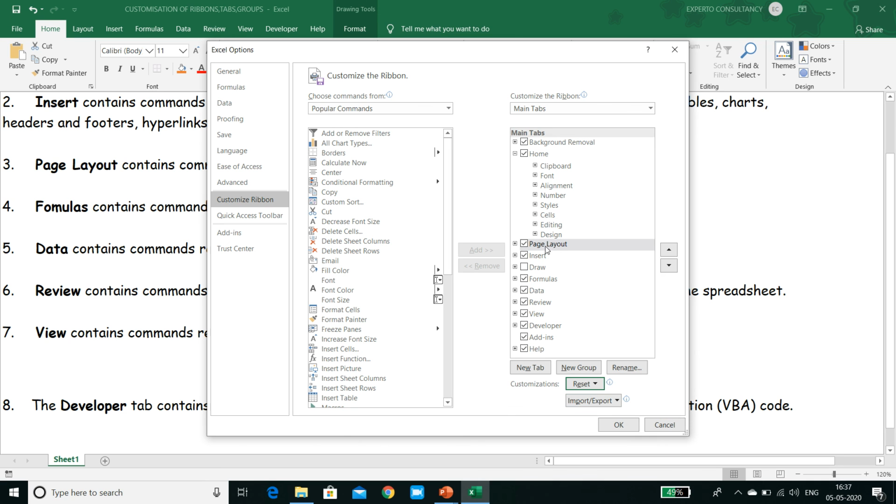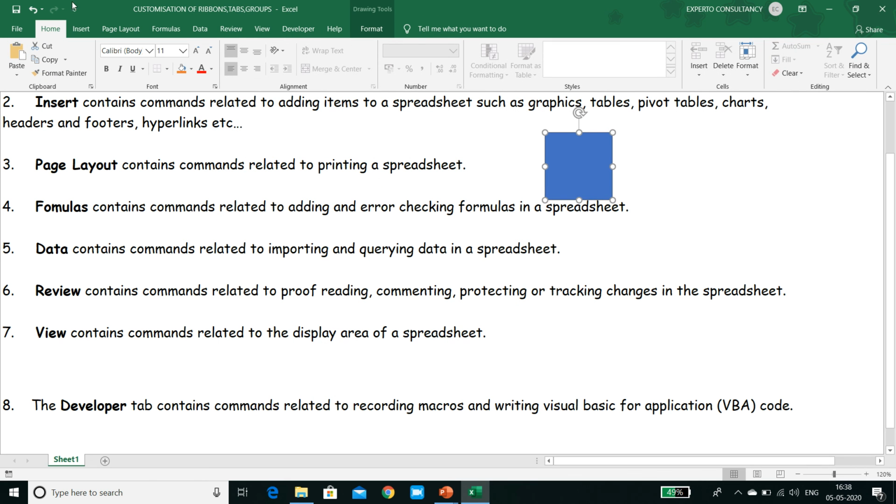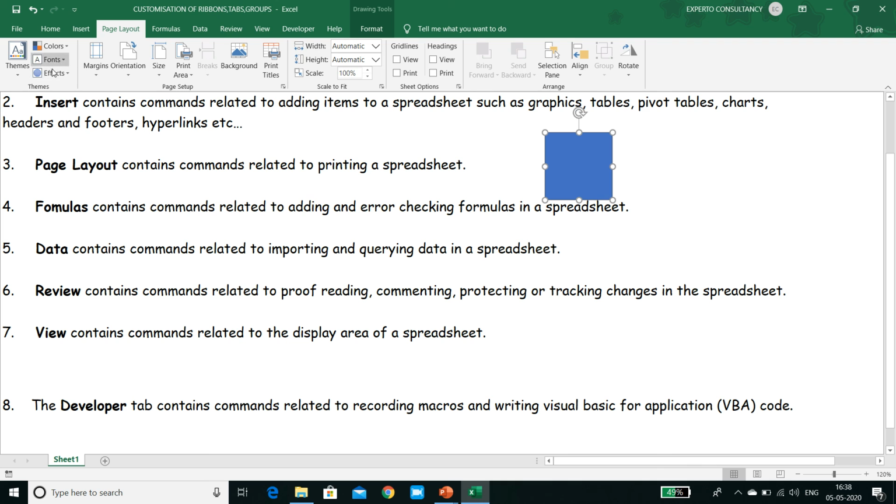Now you can see here we are back to page layout ribbon. Let's reset the group which we have moved also. So we are done. Okay. So we have the theme group in page layout and now it's beside insert tab.